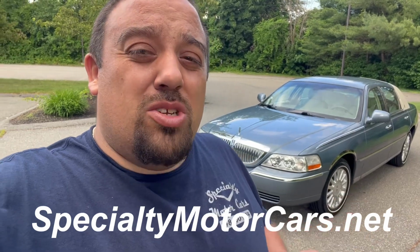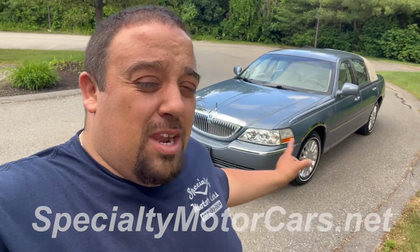Gorgeous 40,000 mile example in a pretty unique trim and a very rare color. This is the first and only time I've ever had one in this shade of blue. It's a very unique color indeed. 2003 model year town car with just 40,000 miles. Very excited to show you this car, tell you all the stuff I did to it, and get your opinion